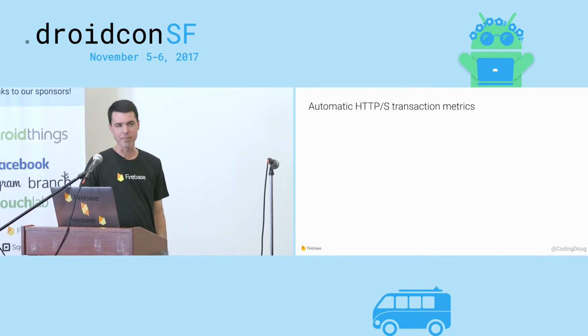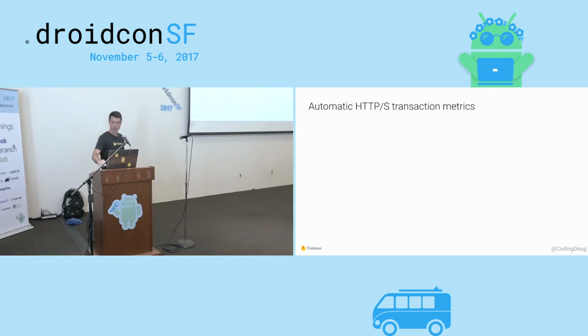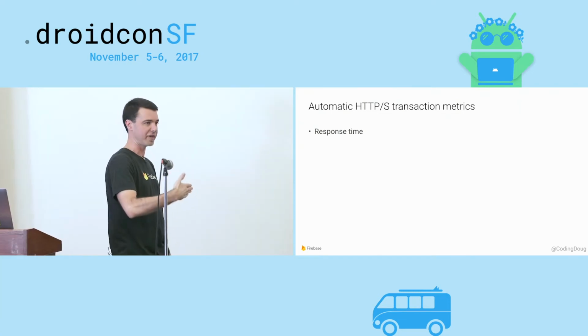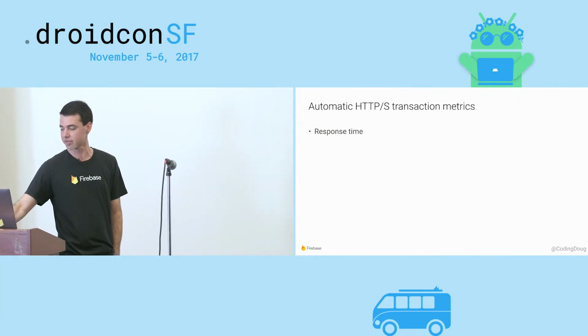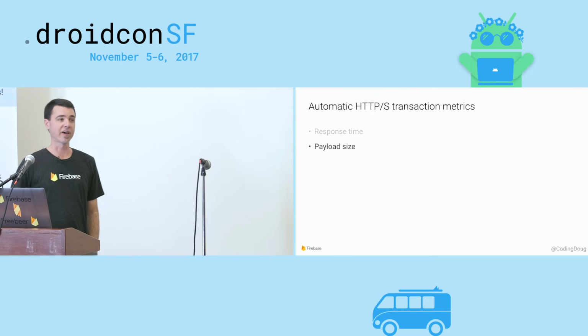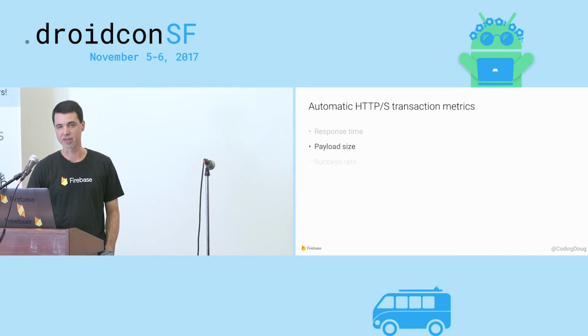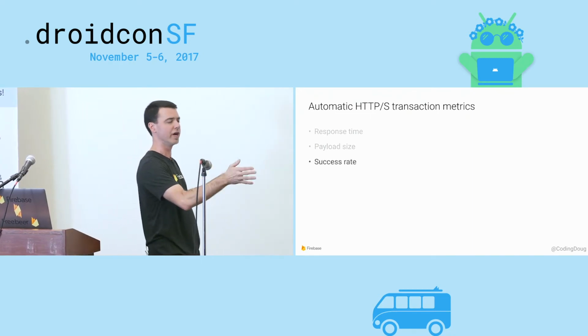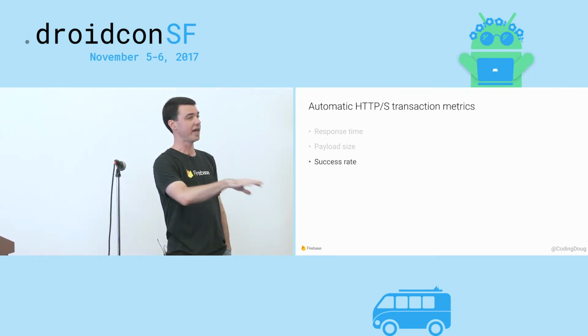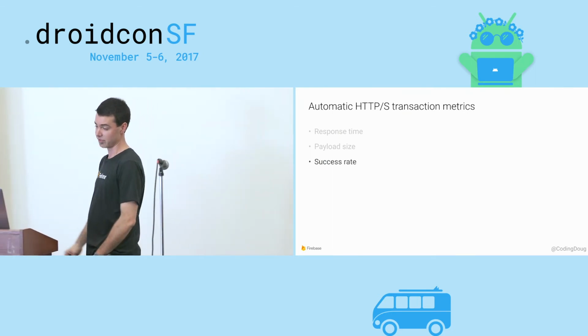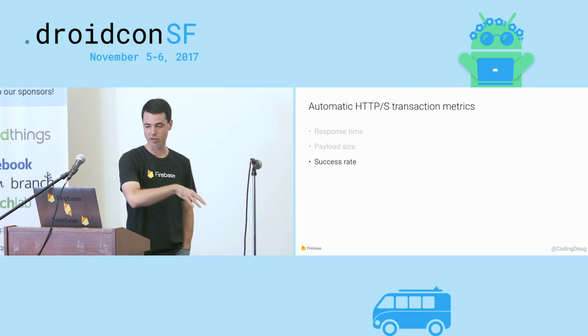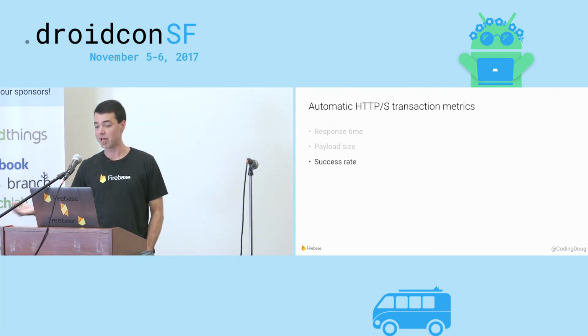Now, what do we collect automatically for HTTP transactions? Well, performance monitoring will give you the response time, so that's the duration between the start of an HTTP transaction and its full response. There's the payload size, so how many bytes did it transfer, and the success rate. And this is just the HTTP code. So like 200 is success and 500 are errors, as you know, in HTTP. So you'll be told which of your API calls are working and which ones may be not working